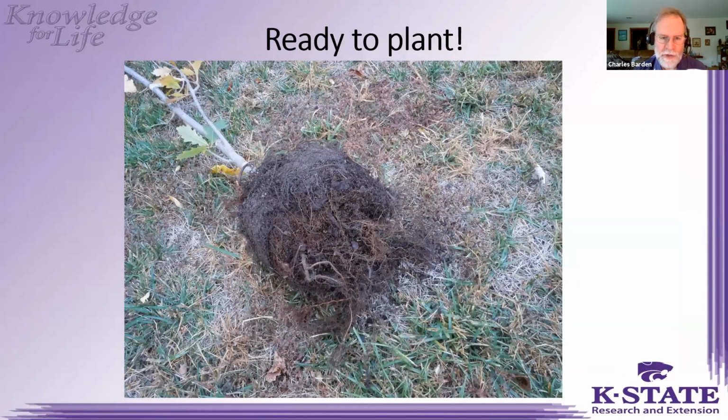Okay, so now this tree is ready to plant. We slice down through several places. We tease out these roots. We've got a couple of nice size diameter roots coming down from the base there. And it's from these larger diameter roots that, when they've been cut and put in the hole, they'll make several new branches right behind that cut, almost like when you prune off a branch and you get 2 or 3 buds to break. Similar process happens with roots. You cut off a root like that, as we can see in this lower left-hand part of the picture, and 2 or 3 new roots will grow out from that point. So this tree is ready to go in the ground now.